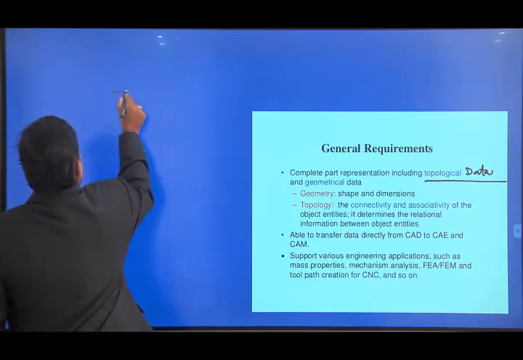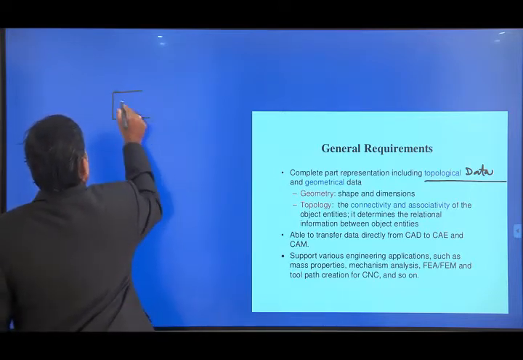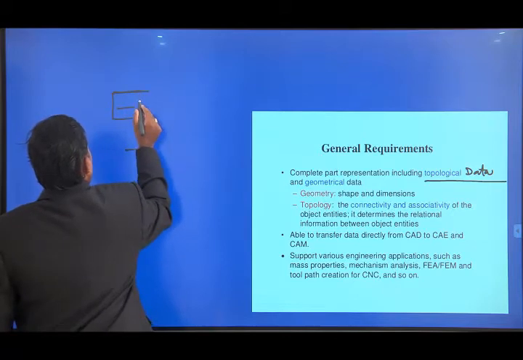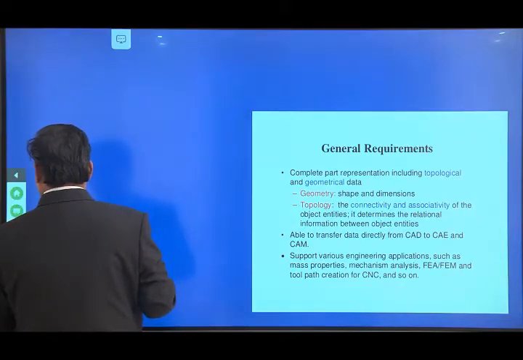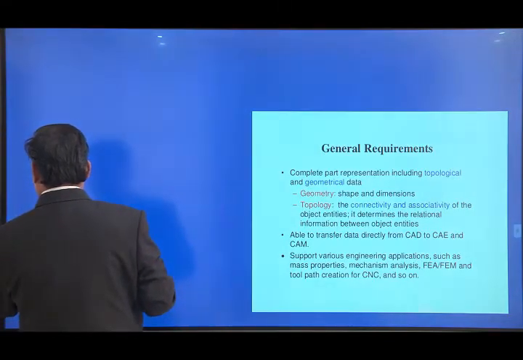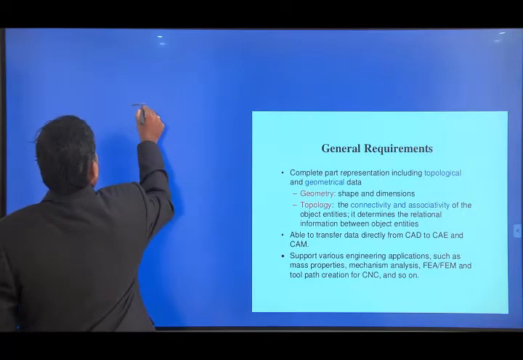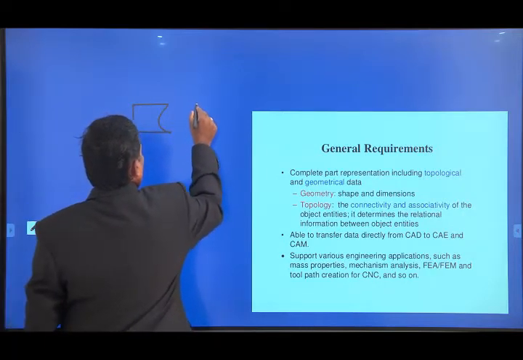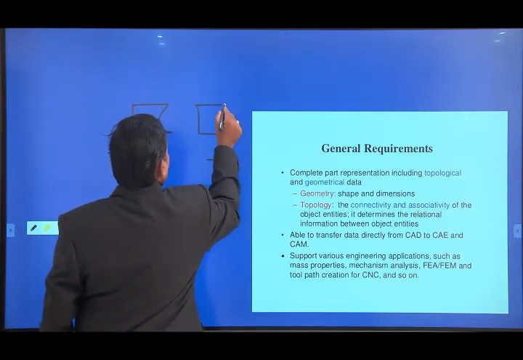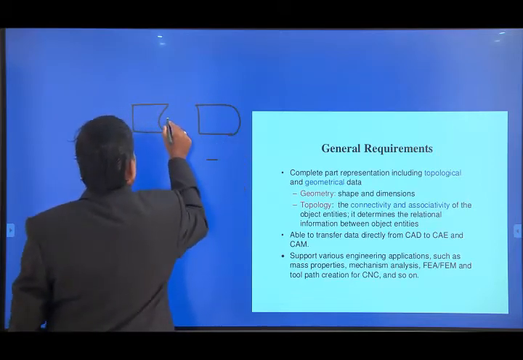Suppose you want to create an object like this, and also suppose you want to create an object like this.